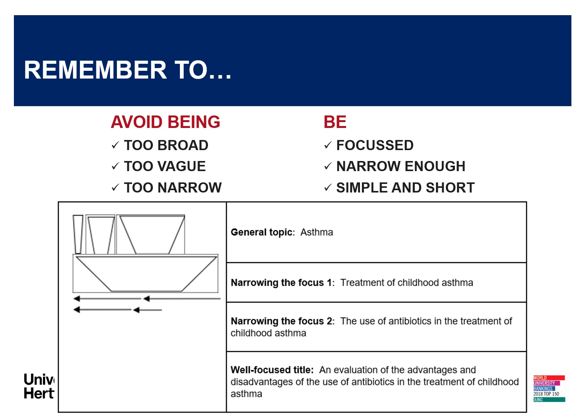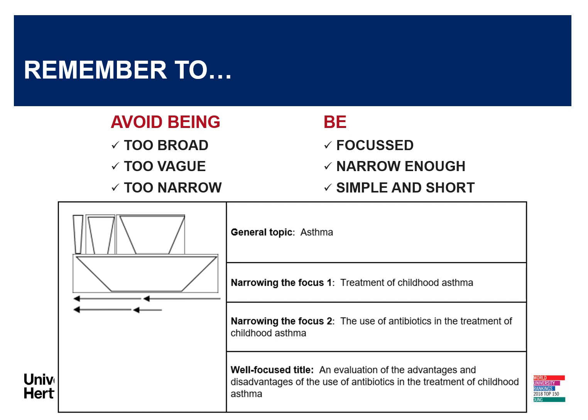So therefore, you need to find the balance. So be focused, narrow enough, but not too narrow, and simple and short, and make sure the topic is worth doing and is clear and appropriate. And you may come across this example when you do your course with your academic English for business tutors. So for example, you may find a general topic of asthma,